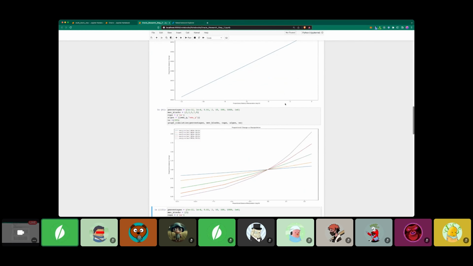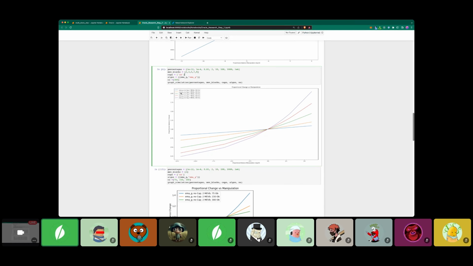So here we're seeing oracle manipulation as a function of the number of MEV blocks. Blue is a 2-block MEV, orange is a 3-block, green is 5, red is 7, purple is 9. So for instance, here being the 0 point, again, this is the EMAG. The 300 OB stands for 300 blocks on the look back. So this is 300 blocks. We're looking back a full hour,